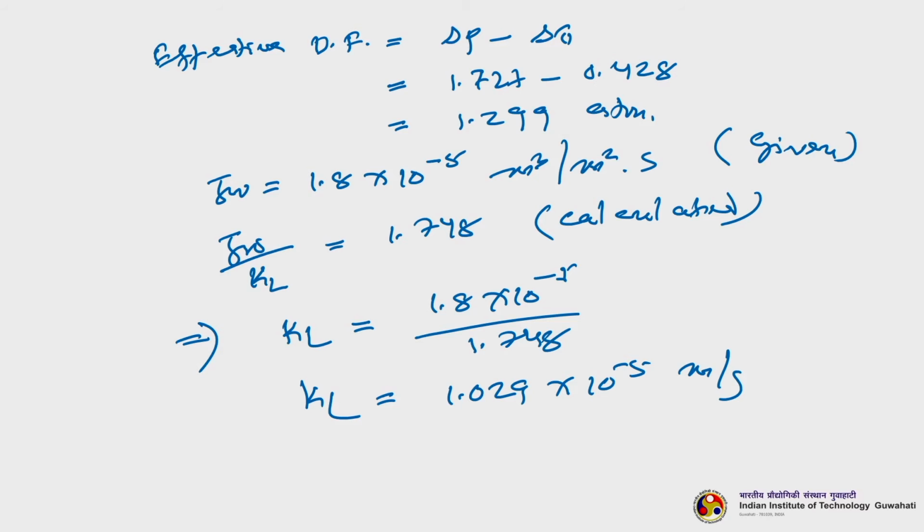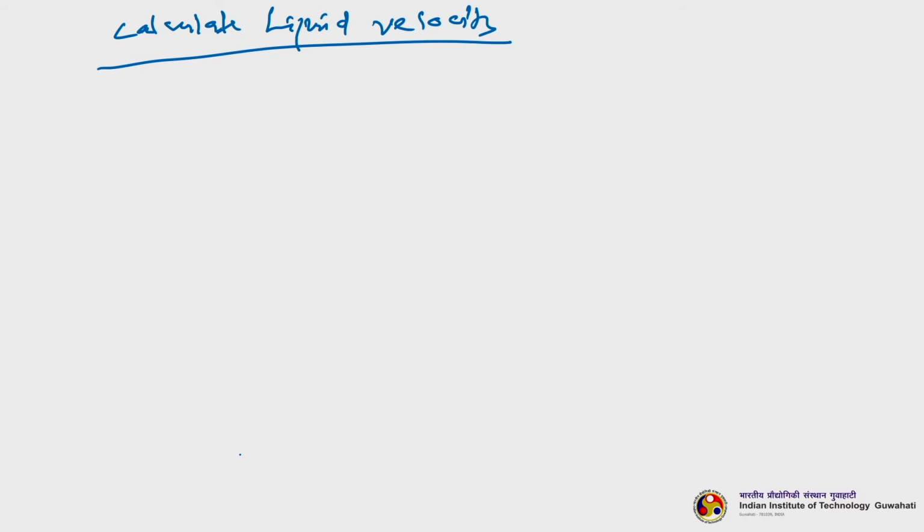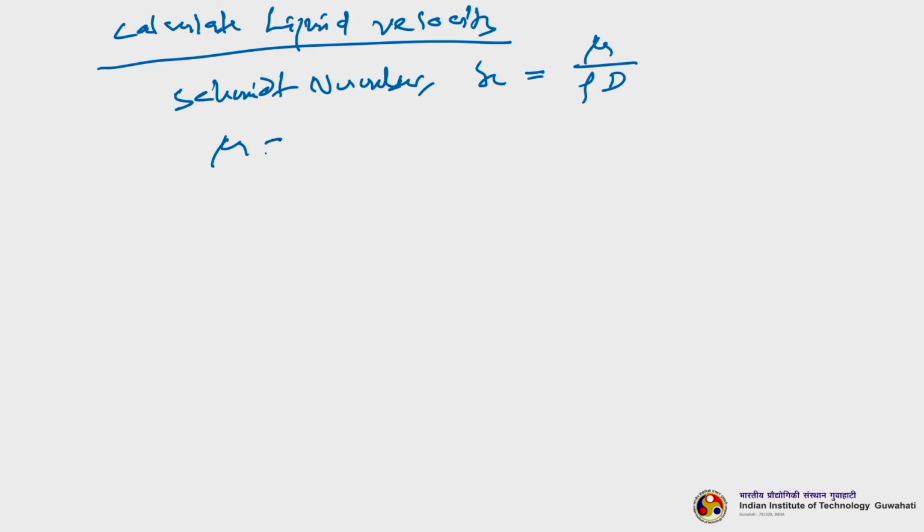Now, you have been asked to calculate the liquid velocity at which the gel formation will not happen. So, how do you calculate that? Let us start with the Schmidt number. You know the Schmidt number Sc is nothing but mu by rho into D, where mu is the viscosity. So, viscosity is given as 5